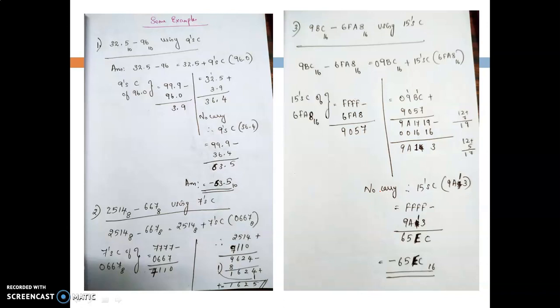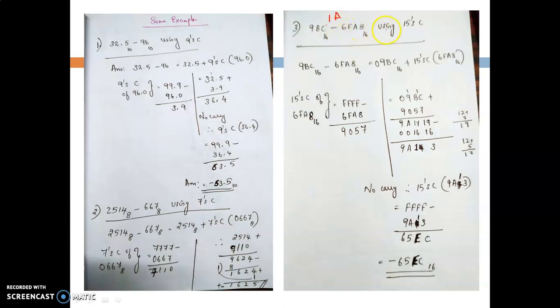You can go for various examples. In example 2 and example 3, I have not mentioned the fractional part. But if there is a fractional part, you have to consider that also, because as per the formula, you are considering the fractional part also. So for example, let's say it is 9BC.1A minus 6FA8. How will you find out the 15's complement of 6FA8? It will be